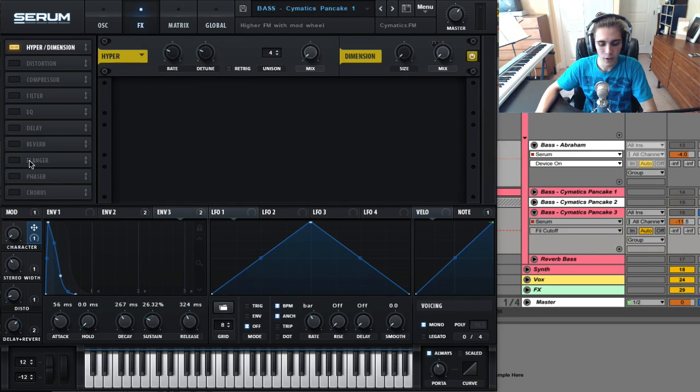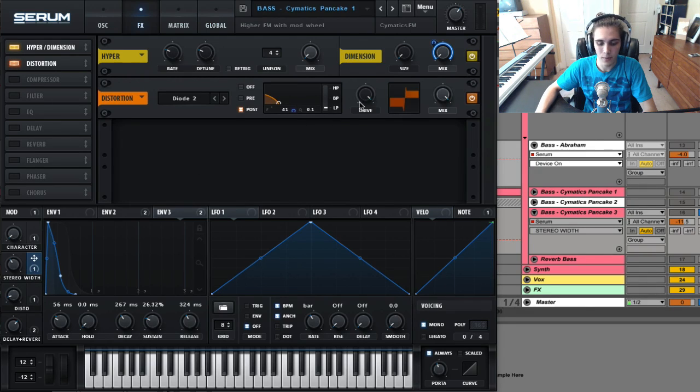Now I've turned hyperdimension on here, and I can see by this little tiny knob up here that something's modulating it. And if you just click on things, you can see what it is. It was this macro here. And so now I know that I actually have the option to make this thing wider. That's cool to note for my own sounds that I might want to do that and have a specific stereo knob here. Moving forward, we have some distortion,